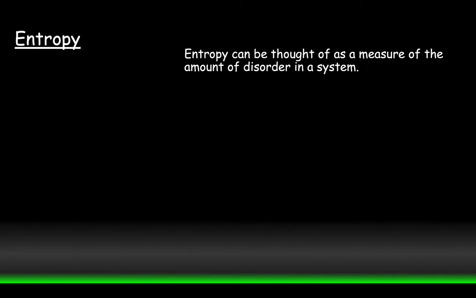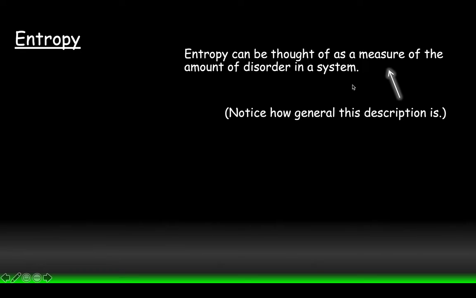Entropy, as we said, can be thought of as a measure of the amount of disorder in a system. Take a moment to notice how general this description is. I'm talking about a measure of disorder, but I'm not really defining what disorder is. I have a notion of order versus disorder: everything nice and neat and stacked and put in its place, versus everything thrown around randomly all over.